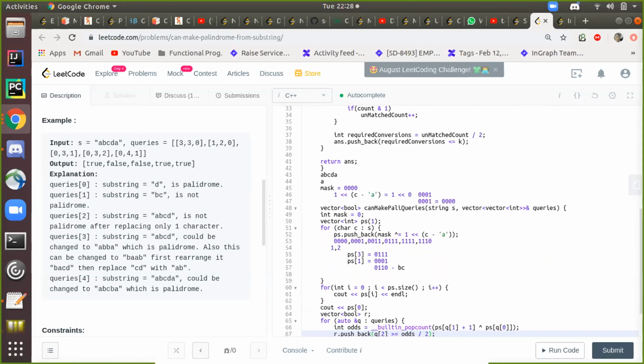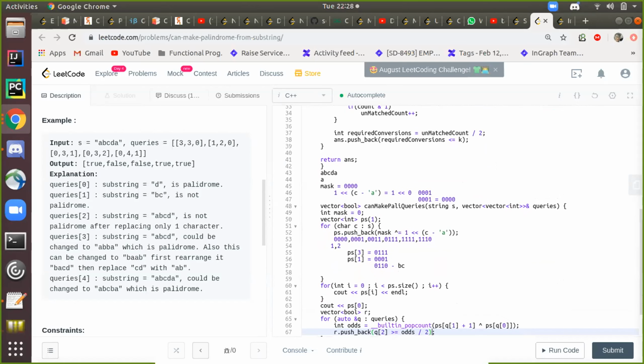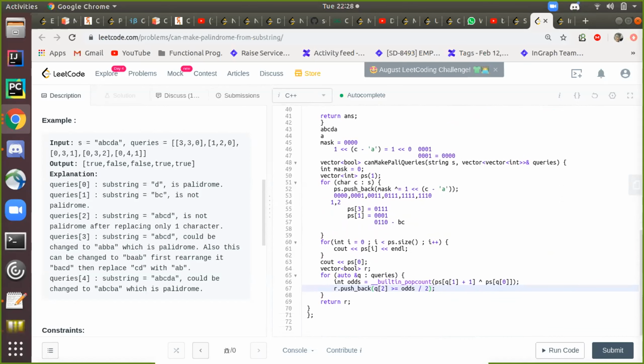Therefore he is comparing that value: Q of 2 should be greater than or equal to odds divided by 2. If it is true, then he's returning true, putting that in the result array. For example, with ABCD, we have four as our odds, and if you have k equals 2 in that case, then it will be true.